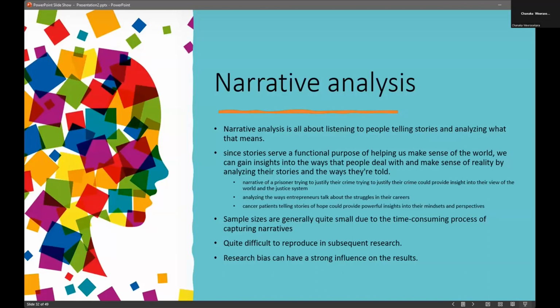If that is one of your purposes in your research, narrative analysis is suitable for you. Obviously, just like quantitative analysis, any qualitative analysis method also has its own advantages as well as